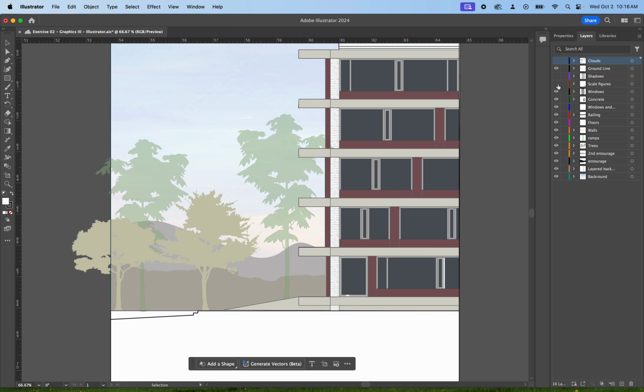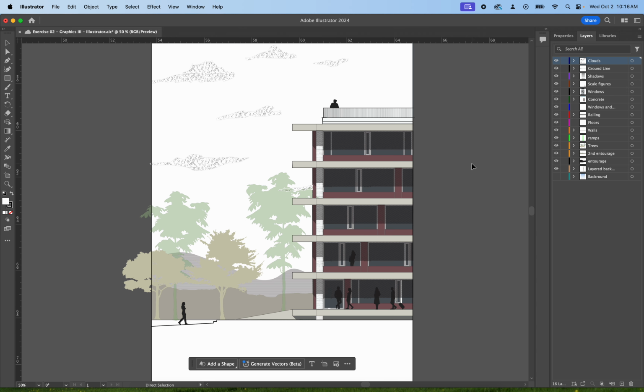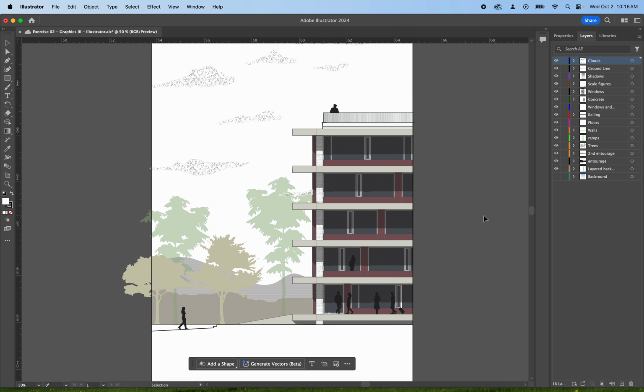So it's definitely going to take some practice, but once you get some scale figures, some shadows, and arguably even some clouds in there, we don't even need the background for this, and we start to get a really nice cartoon look to our drawing. So this is more or less the finished product, and I want to go over a little bit of shadows, entourage, and some of the drawing tools that I found. And to be fair, the shadows are really what pops any elevational drawing, and of course scale figures suddenly